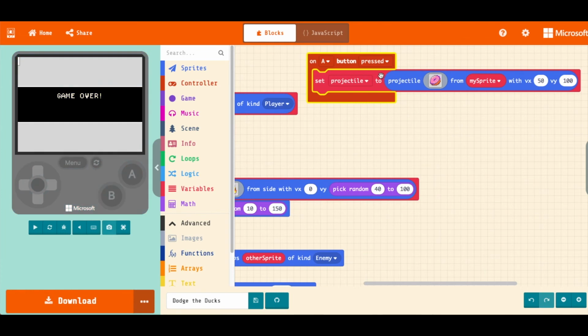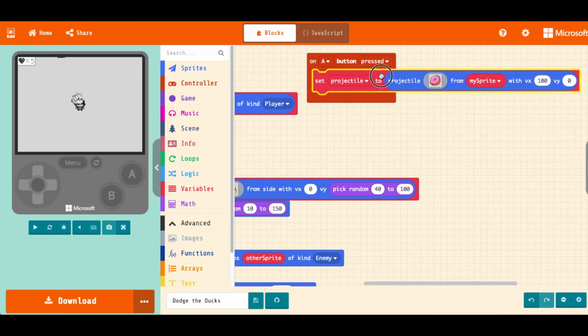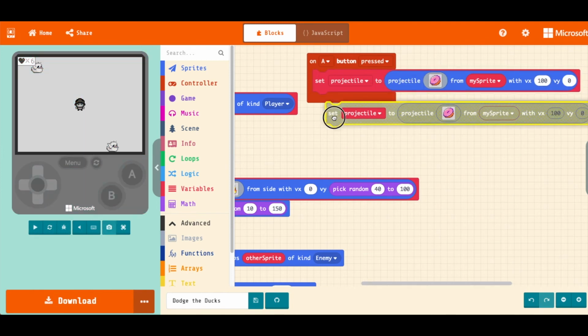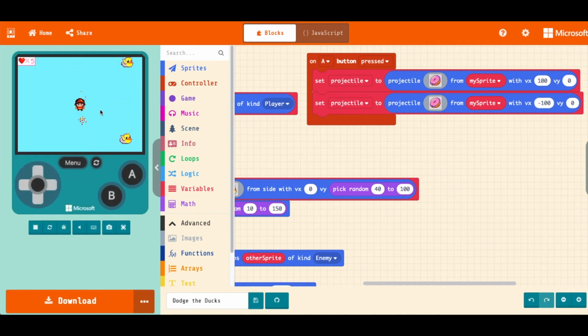For our character, I'm going to make kind of just a straight right and left stream of donuts. So we want to move 100 pixels per second to the right. And I'm also going to duplicate this and then put a negative number here. The negative number, which will get us closer to 0 by minusing its velocity, will make a donut go to the left. So now we have a donut shooting left, a donut shooting right,